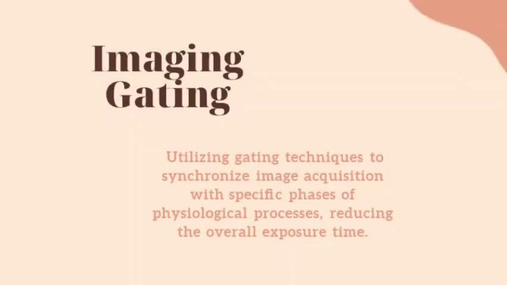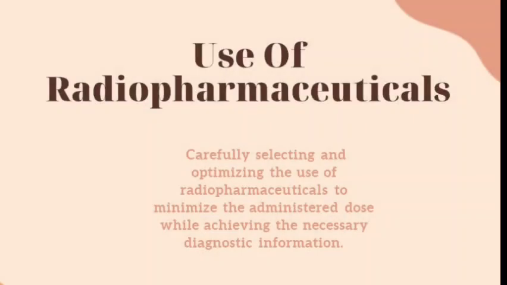The facility should also utilize gating techniques to synchronize image acquisition with specific phases of physiological processes, reducing the overall exposure time. There should also be a careful selection and optimization of radiopharmaceuticals to minimize the administered dose while achieving